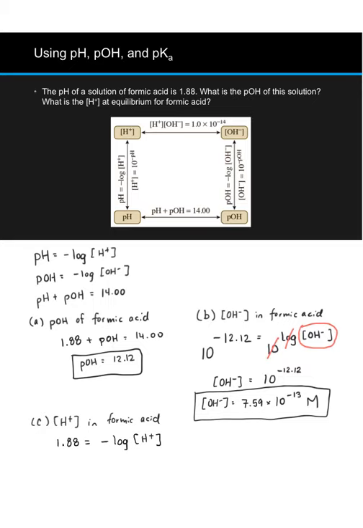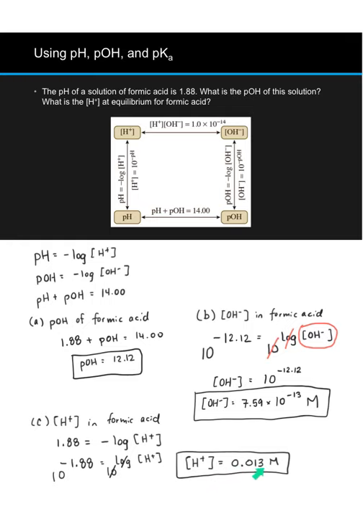In order to undo this logarithm, we have to move a negative sign over. And to complete this problem, raise 10 to the power of both sides. That gets rid of our log on the right-hand side, and all we'll have to do is punch in our calculator 10 to the negative 1.88 power. That gives us 0.013 molar. Our concentration of H plus cations in this solution of formic acid, 0.013 molar,